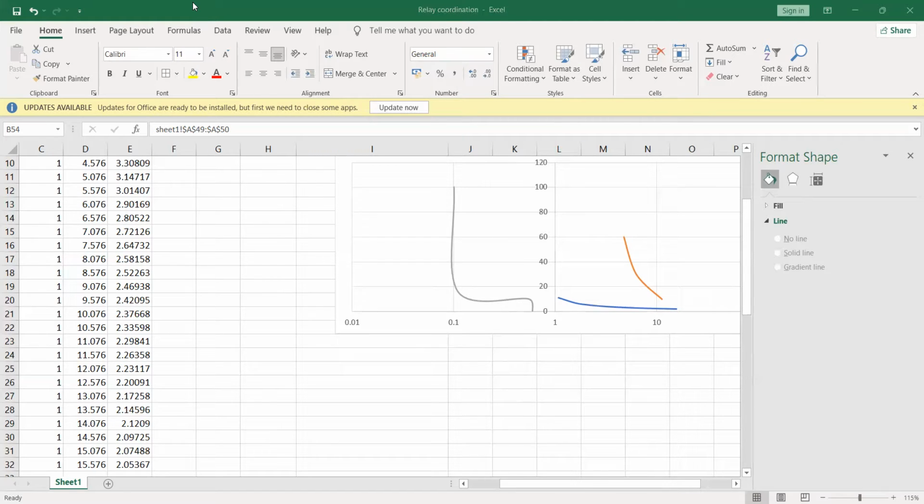Pinaki ji, you got in Excel up to here? Yes, sir. Inamul ji? Krishna Kumar? Yes, sir, I got this curve. Lognathan sir, you got up to here? Yeah. Naveen Kumar? Sir, I don't have a laptop, I will watch.